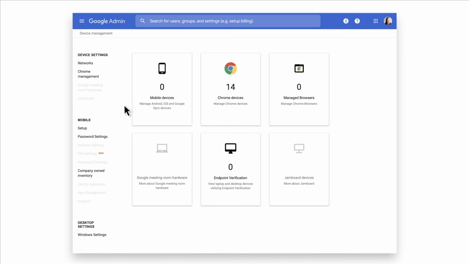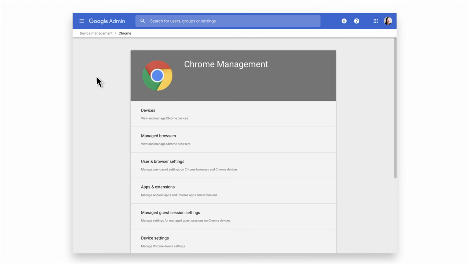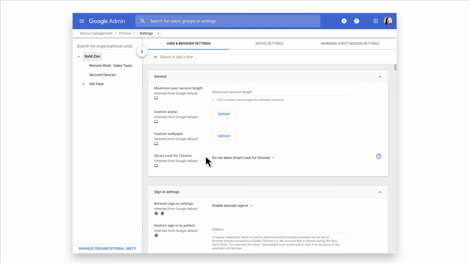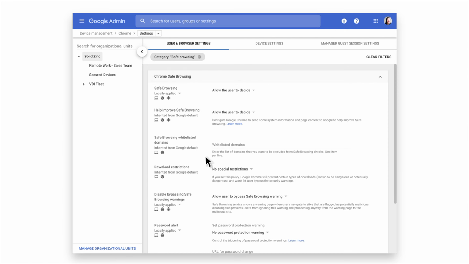On the left, click on Chrome Management. Then click the User and Browser Settings tab. In the search feature, type Safe Browsing. Like most Chrome policies, these settings can be made at an individual organizational unit level, but in the interest of making the entire organization as secure as possible, we're choosing to set these policies at the root level to be inherited by child OUs. Instead of permitting users to decide on the policy, set the Safe Browsing policy to Always